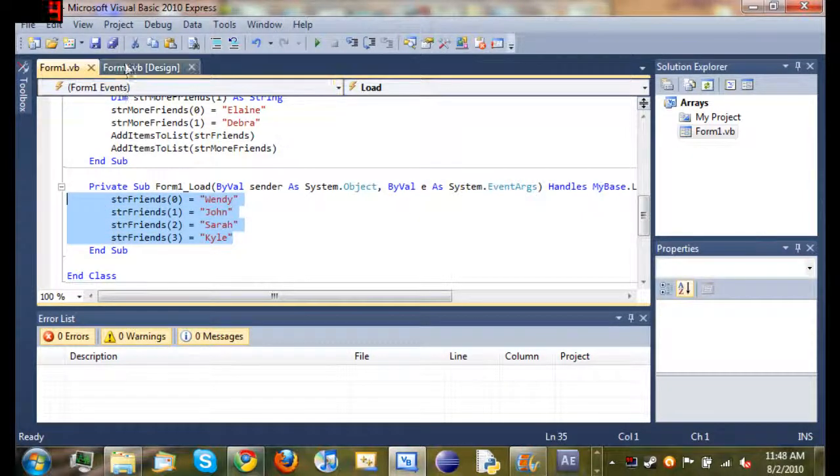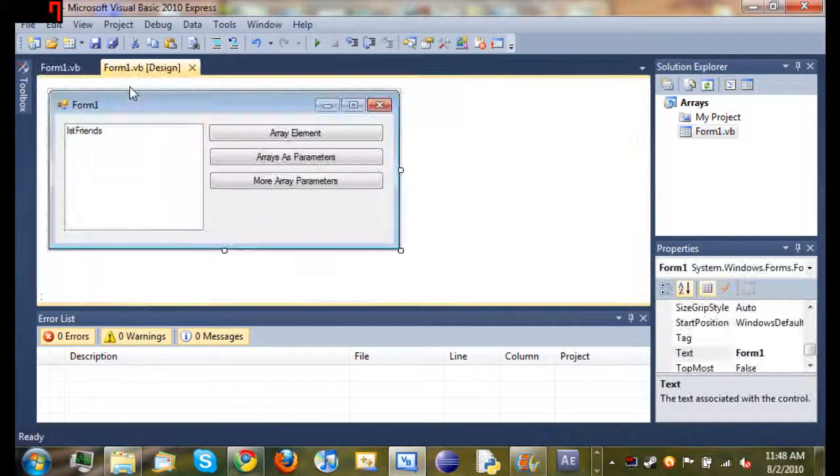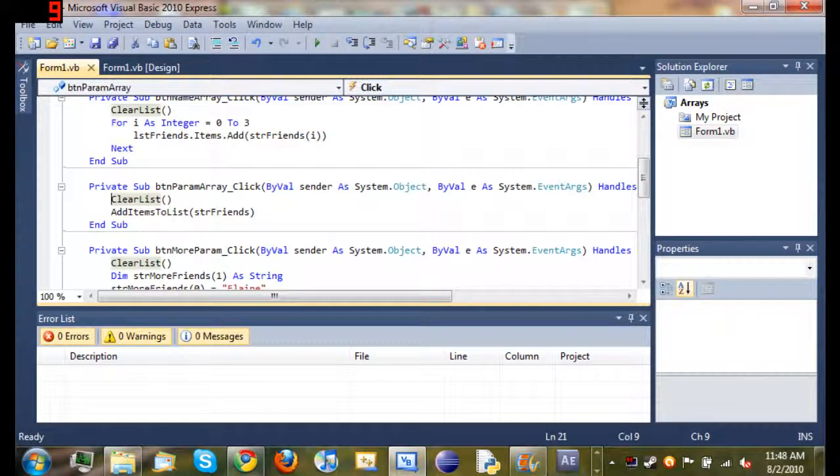So basically what this does is that when the form 1 loads and shows up, it sets all the values to this. Just take a look at that, copy that down. We've got Wendy, John, Sarah, and Kyle for all 4 of them. And now go ahead, double click on arrays as parameters, clear the list, and then type add items to list